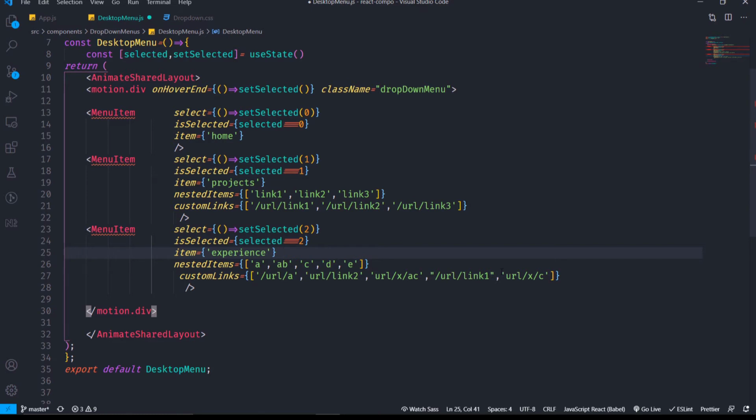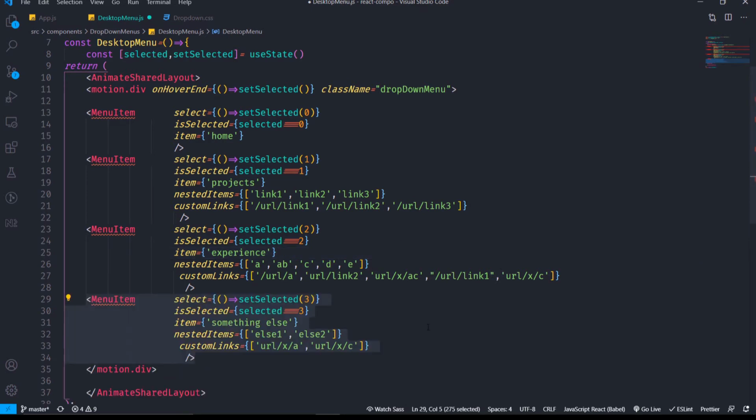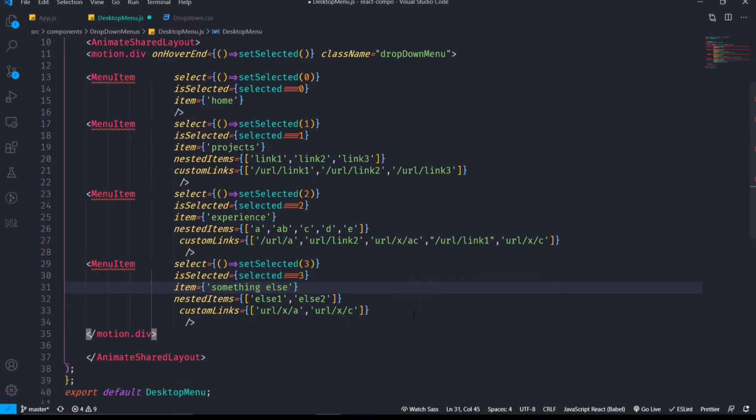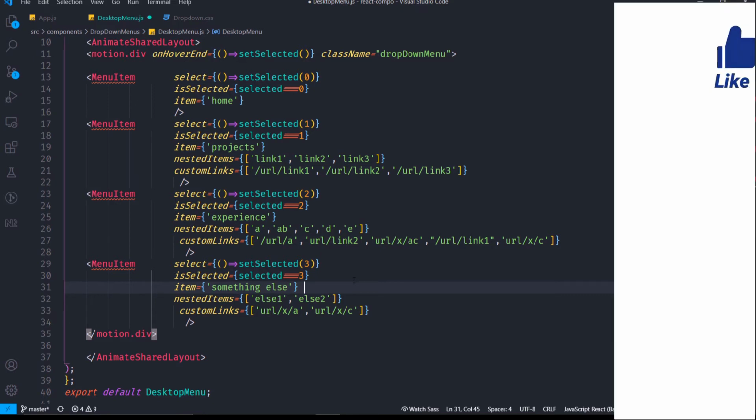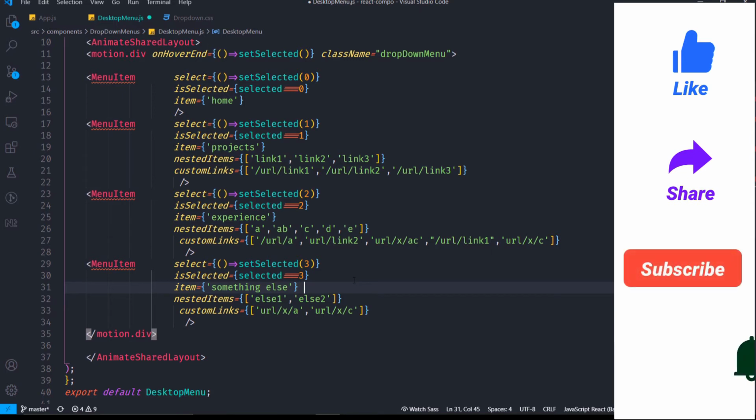The nested items are the text, and the custom links are the link href values to the nested items that we have passed, and these nested items are the drop-down menu contents.